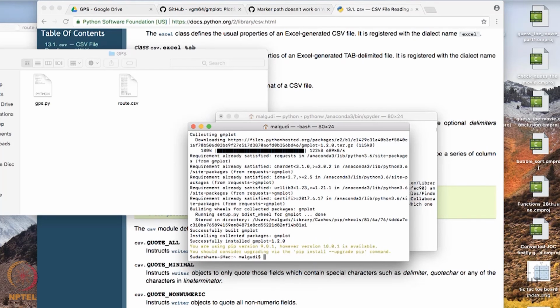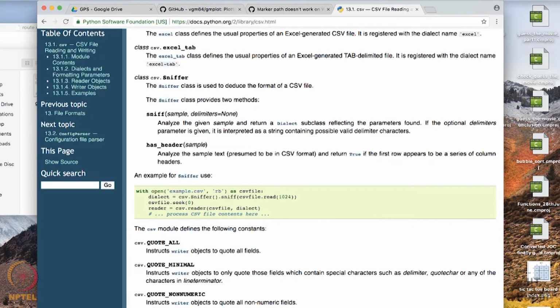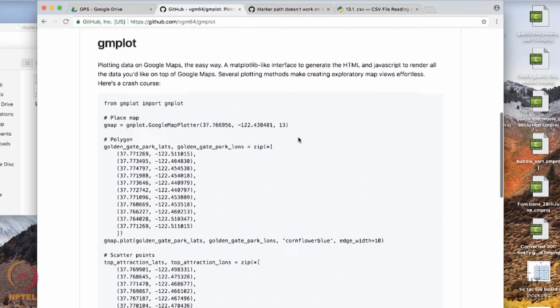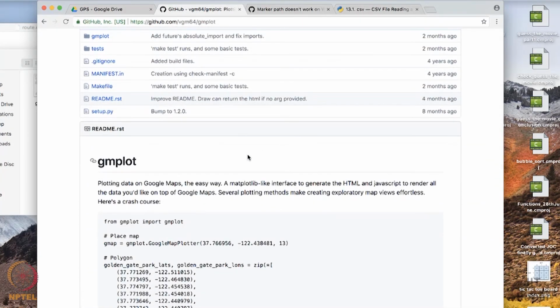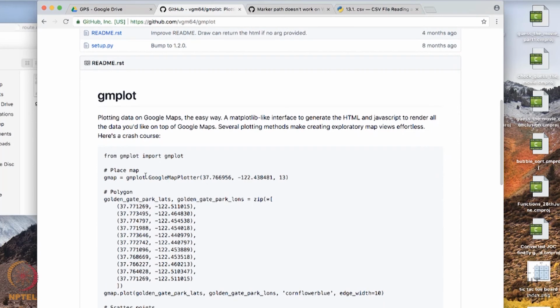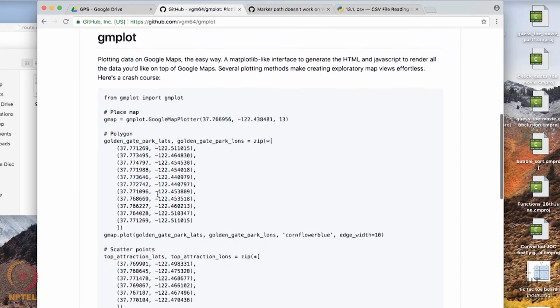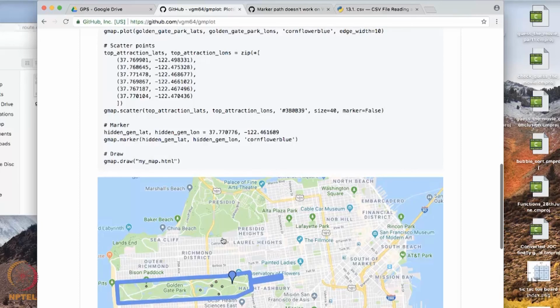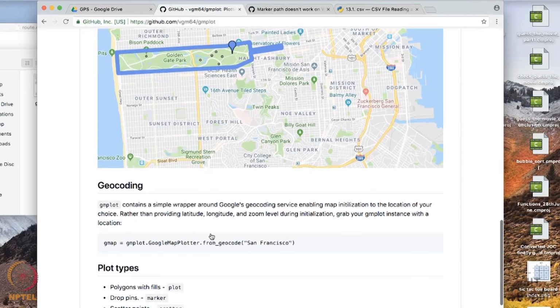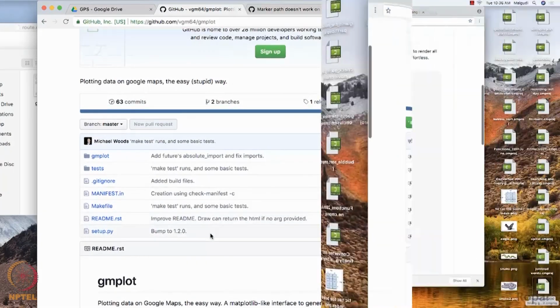You can Google it. There is a GitHub page for gmplot. All the reading material and documentation is provided there: how to place the map, how to create a polygon, how to create a marker, how to draw it, how to see it. All these things are present. You can just have a look.